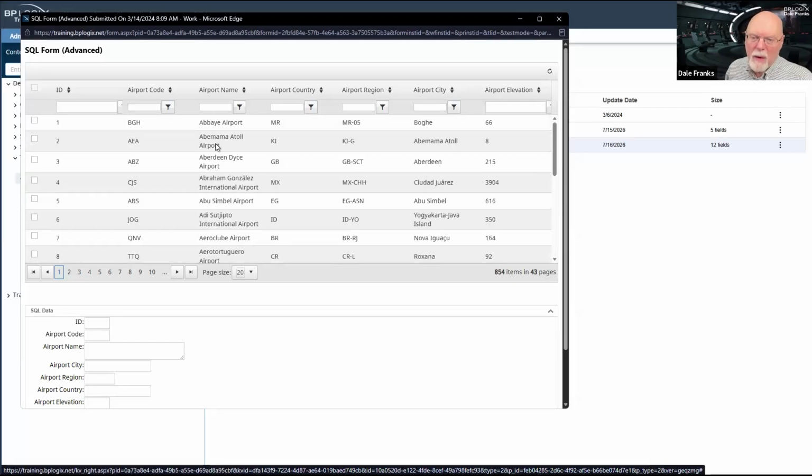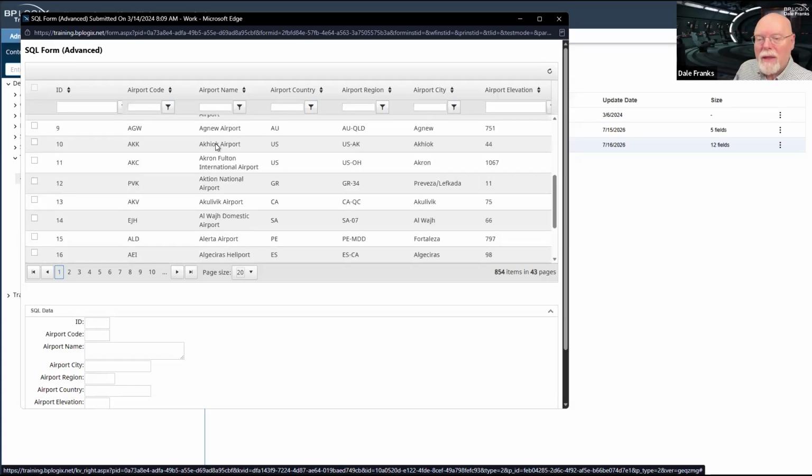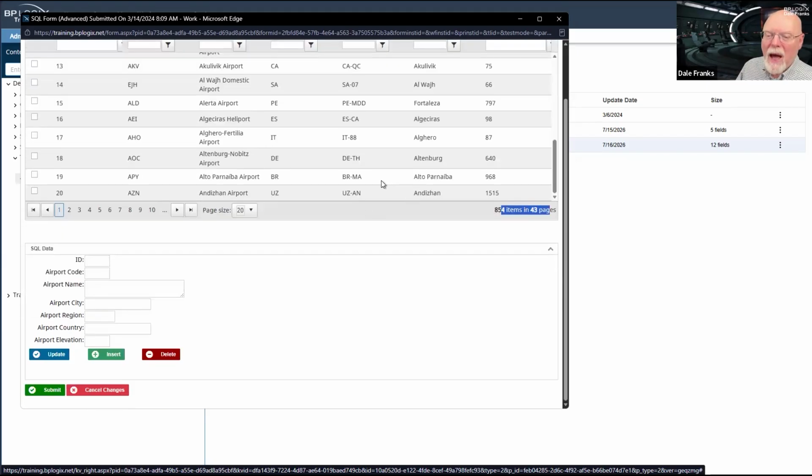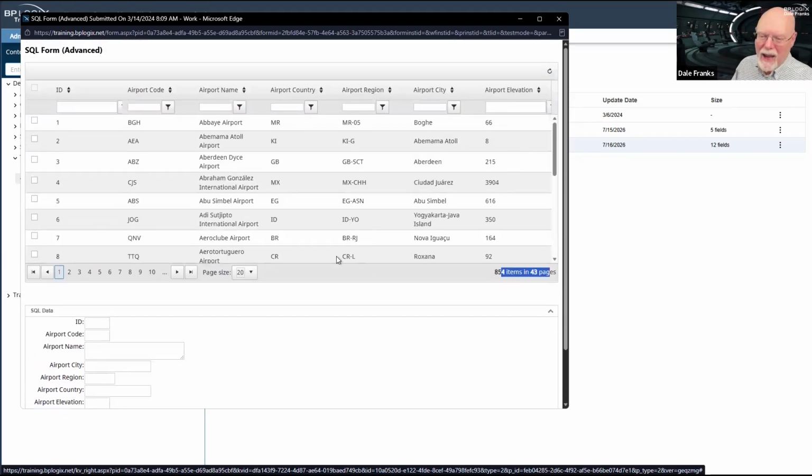I think they were originally, but I'm not sure. I thought they were, but now they're definitely going to be in alphabetical order. And the reason that I'm doing it this way is because my users are going to look through here and they're going to know some things. I know I've got 854 items in 43 pages. And my first page is A.